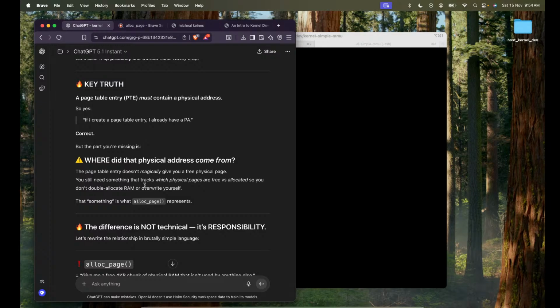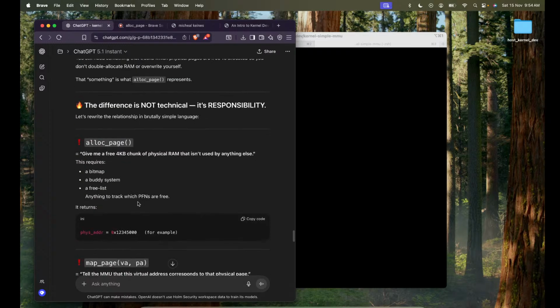Ah, so you mean I have to keep track of the physical pages I hold? Yeah, I know that we need to keep track of things and make sure that that physical page is not already allocated. But yes, it's a responsibility. I know that. I was just trying to say that